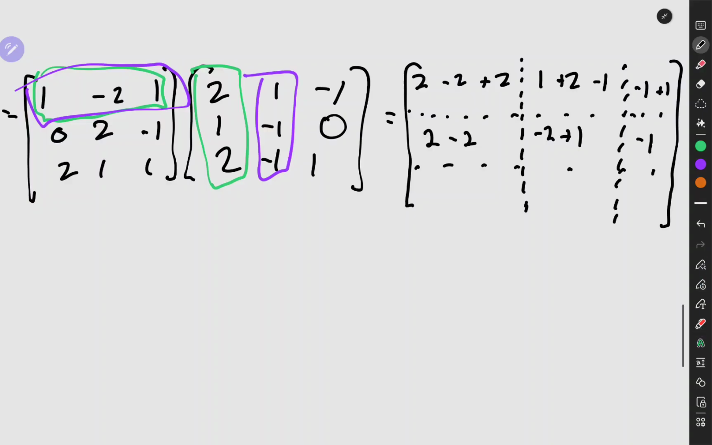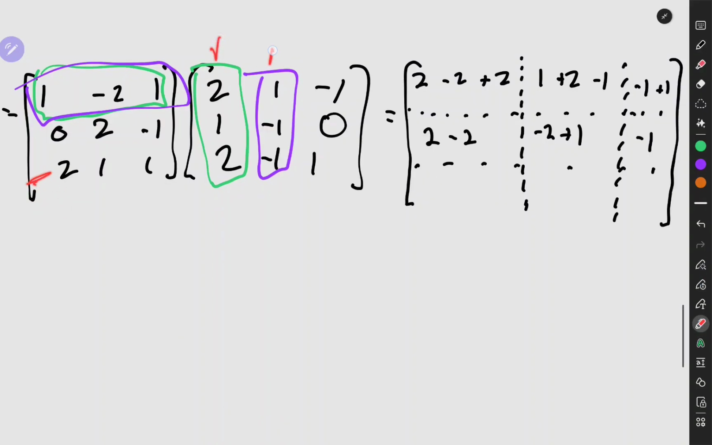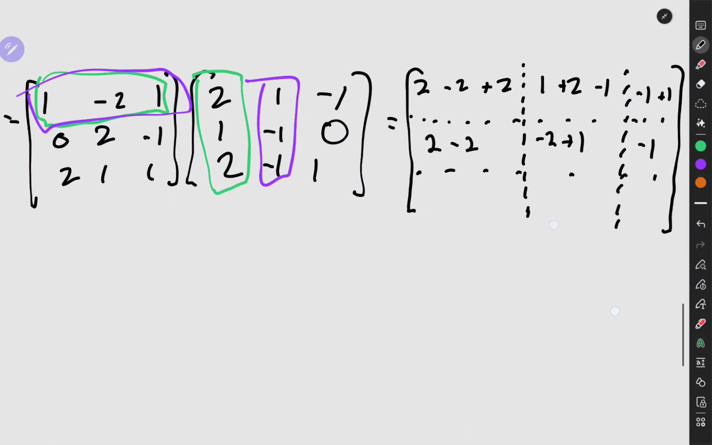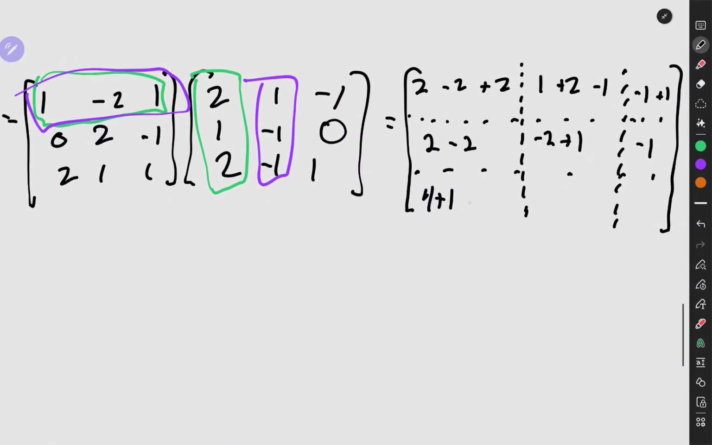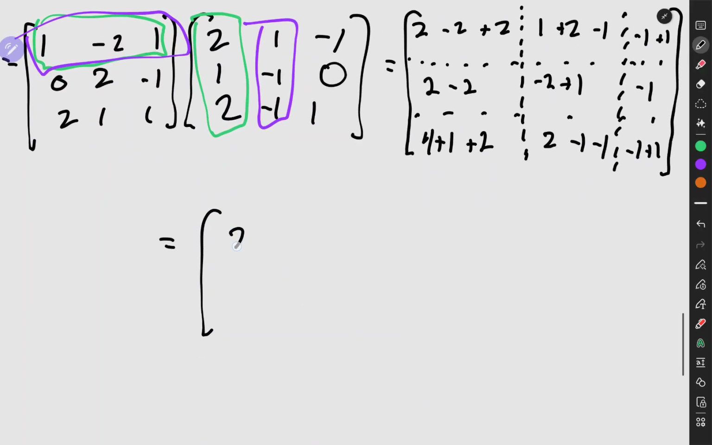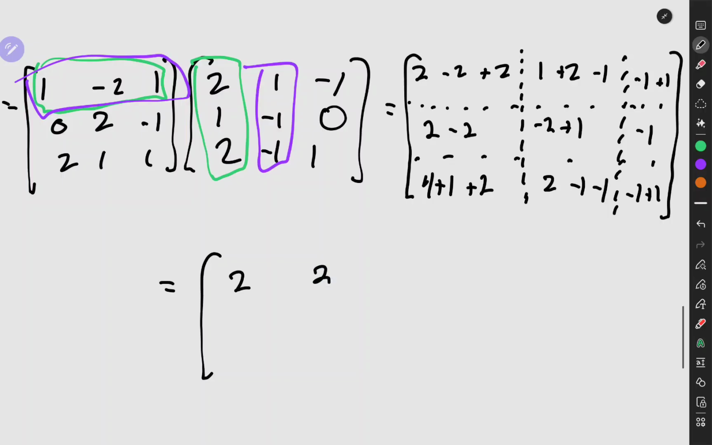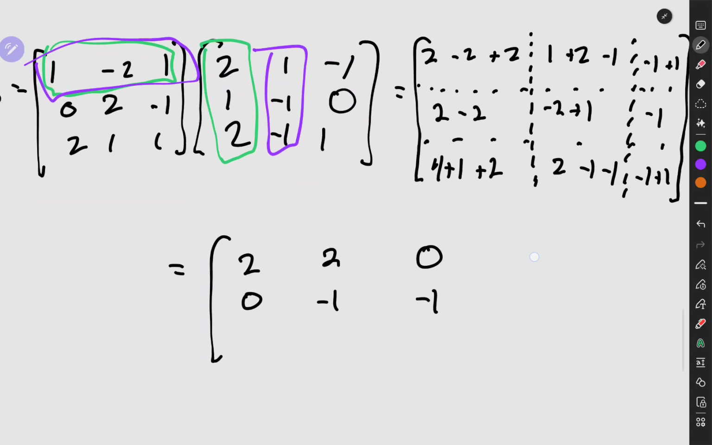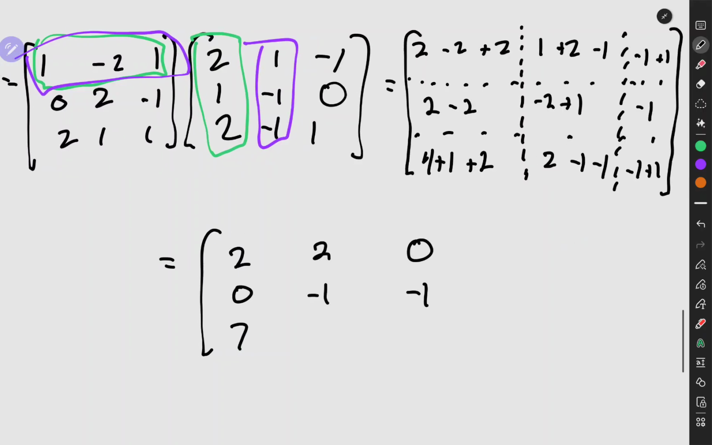Now we're going to look at the last row times each column. So the first position is 2 times 2 is 4, plus 1 plus 2, and then we have 2 minus 1 minus 1, and then we have -1 plus 1. So this becomes 2, 2, 0, 0, -1, -1, 7, yeah, 7, 0 again, and